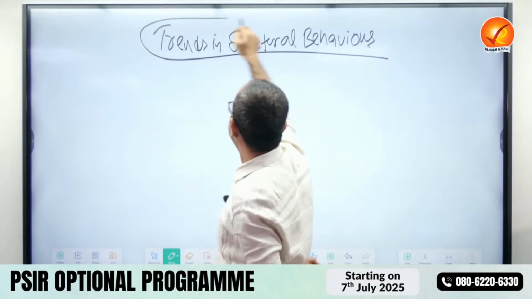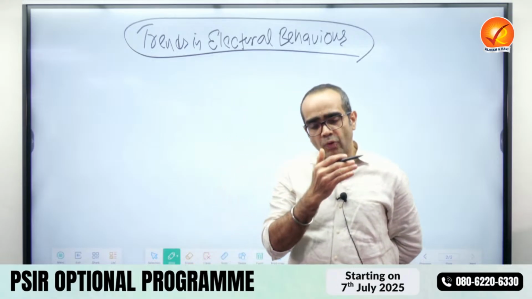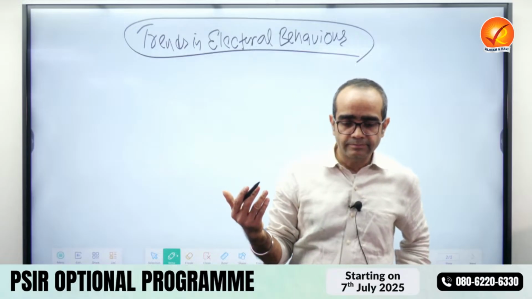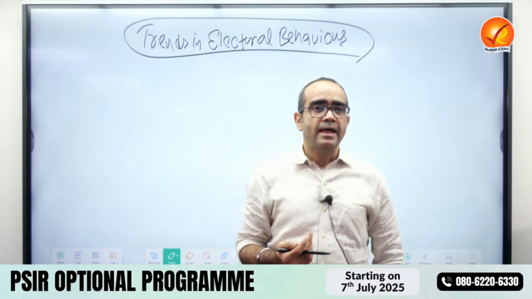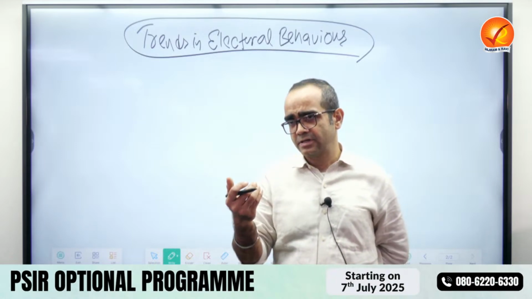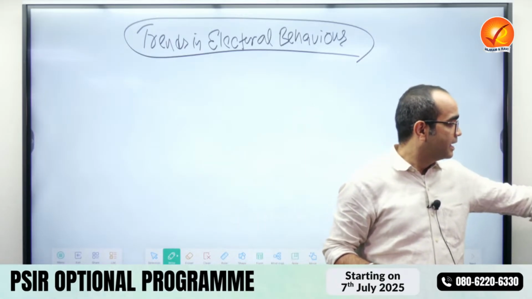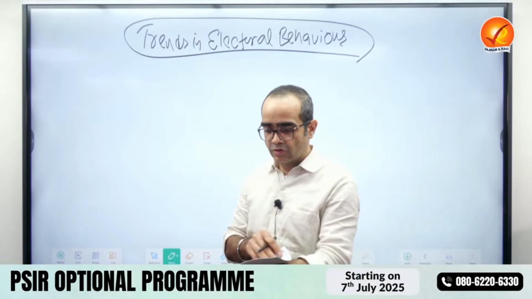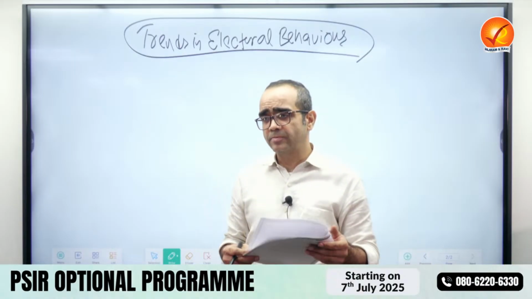So, now these trends in electoral behavior, if we discuss it, you'll find what has been the shifting pattern in electoral behavior over the past 75 years of India's history as a democracy. And here you find that there are different factors. Can you come to the last page of that material, page number 9, trends in electoral behavior?